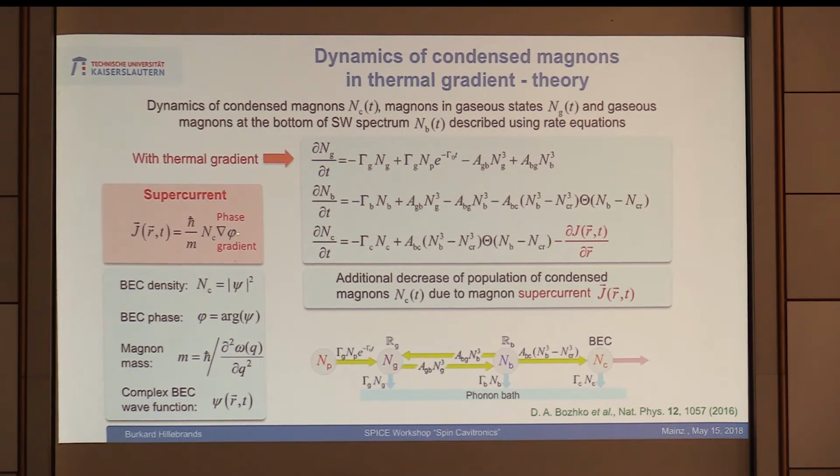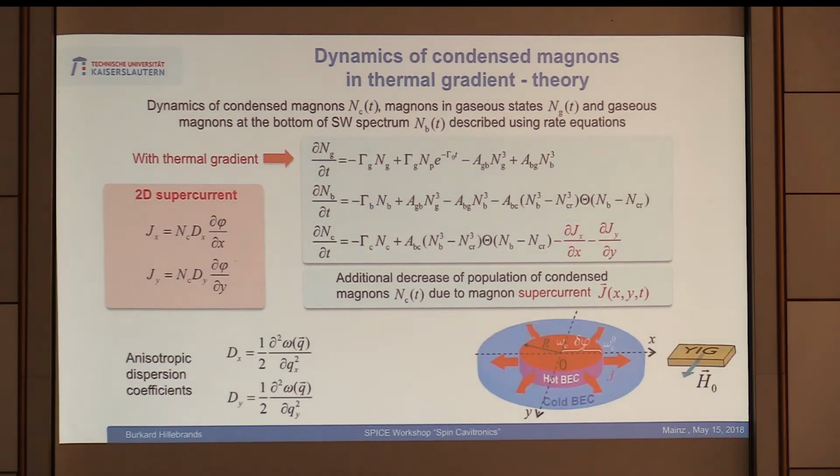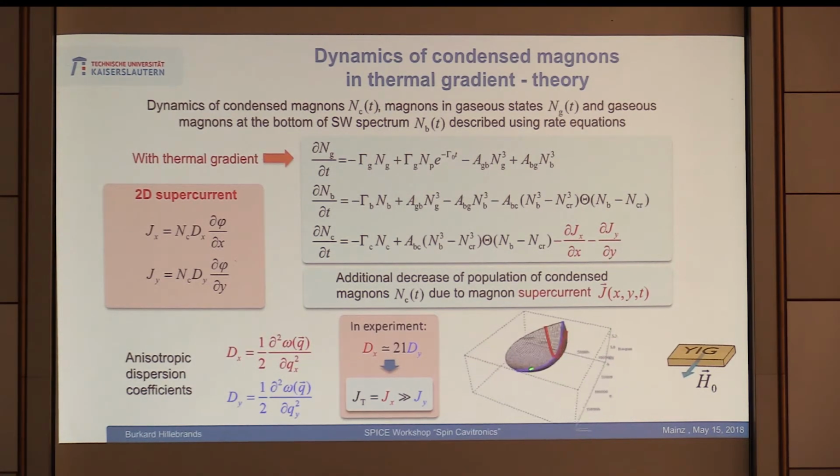And now the supercurrent, I was already mentioning it, is driven by the phase gradient in the macroscopic quantum state wave function. And we can implement it into the equations. And if we do so, just to cut it very, very short, then we can simulate what we have measured. I should mention there is only one supercurrent in one direction. We have actually two components, but